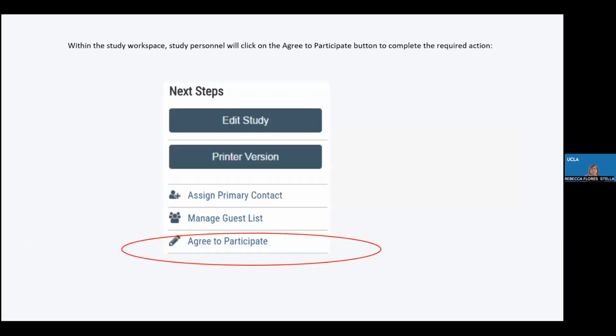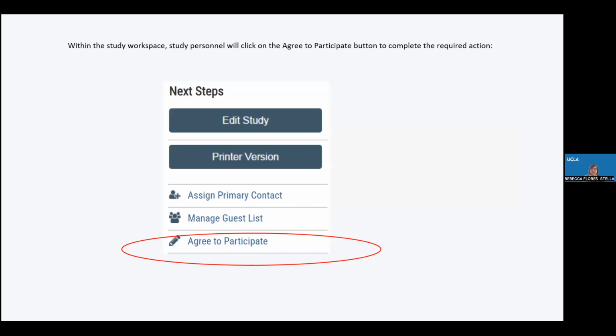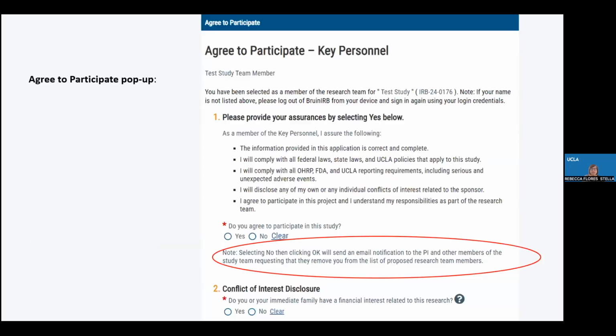When they receive the email, it'll include a link to your study. If you click on that link, it'll bring you into the study workspace. And on the left-hand side under the activities, the study team member will see the agree to participate function. Clicking on this button, you will enter a different window where it tells you what we're asking you to do.